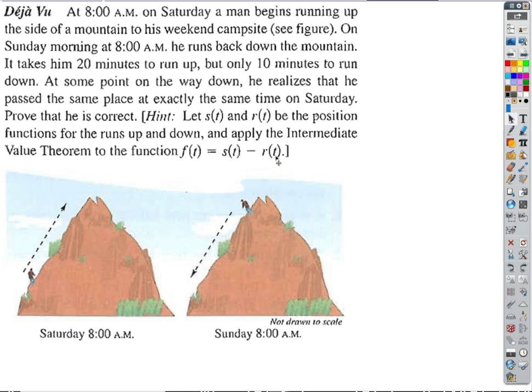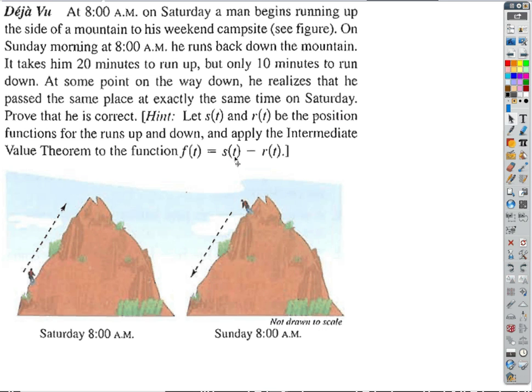And if I take a continuous function minus a continuous function, it's a continuous function, right? So this is definitely a continuous function. Your Saturday's position minus Sunday's position. Okay? Well, if that's a continuous function, and the starting value is going to be, starting value is going to be what? At time 0,